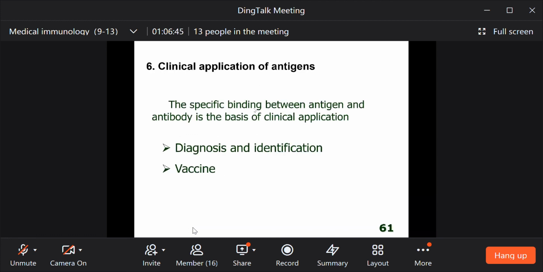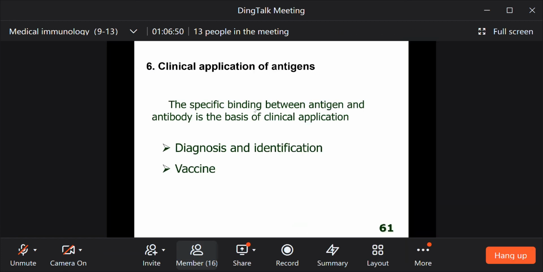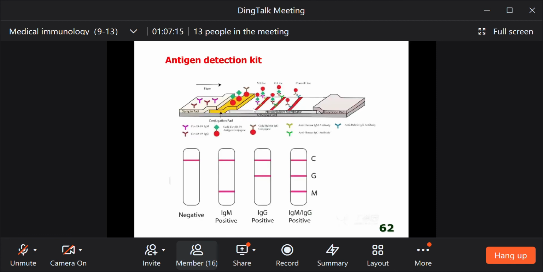And the sixth and last part is the clinical application of antigens. The specific binding between the antigen and the antibody is the basis of clinical applications, such as diagnosis, identification and vaccines. Here is an example of clinical diagnosis